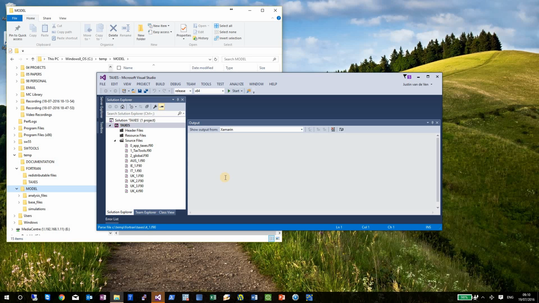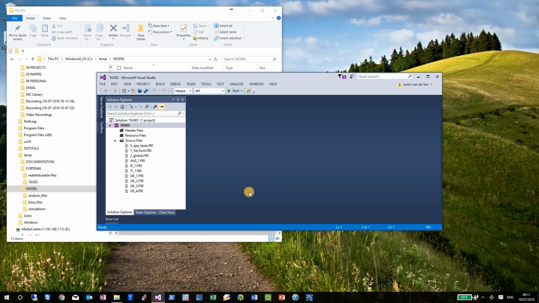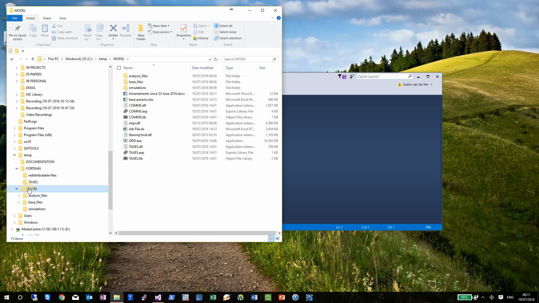And what that means is that this Intel Visual Fortran compiler takes your text code and it translates it into instructions that the computer can readily understand and operate on. And so the product of that translation then appears in this model subdirectory here as these taxes